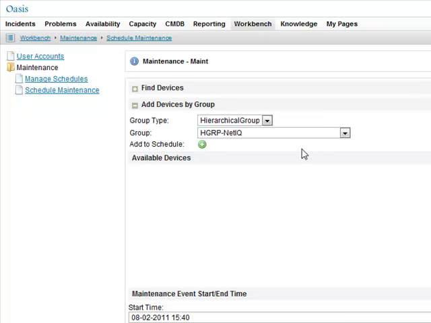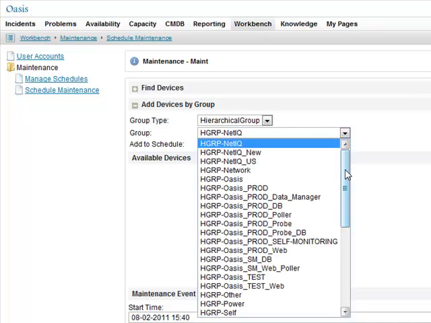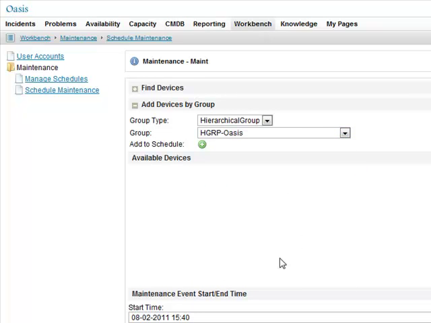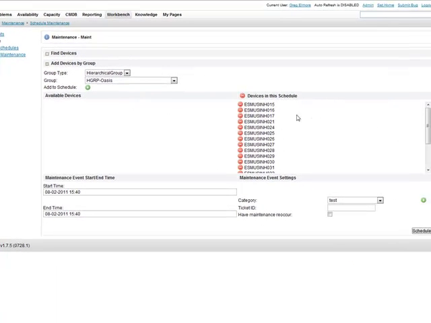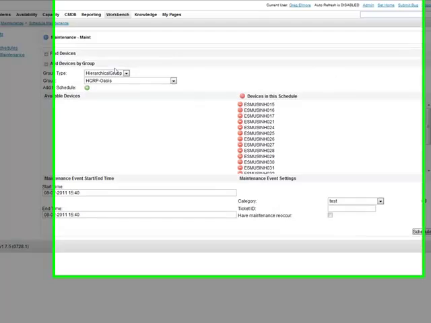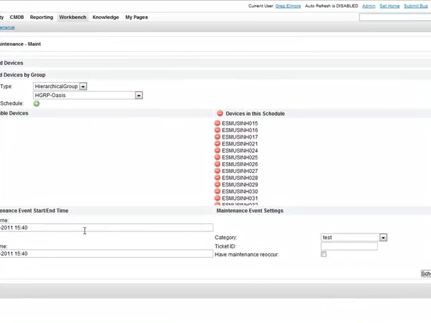So we can select either one of those we want, and then you can select a name underneath that group, and then you can click add. And so what we've just done is we've selected an entire group of devices. So instead of having to go add them one at a time, we now have added these devices using the group. The rest of it works exactly the same, where you could go through and do the scheduling based on